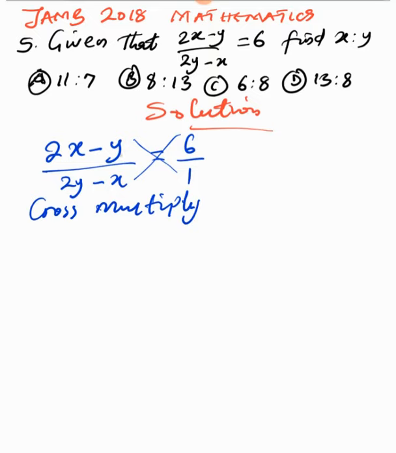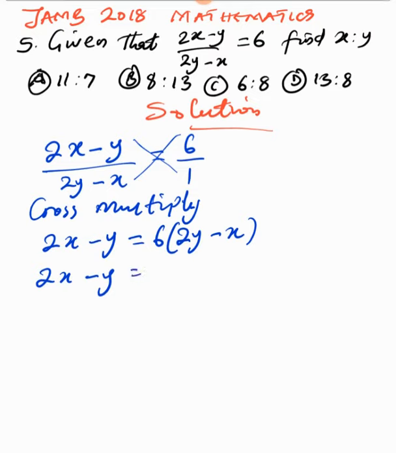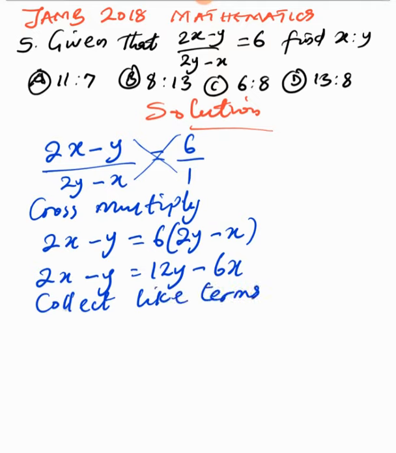So we have 2x minus y times 1 to give us 2x minus y equal to 6 times 2y minus x. So we have 2x minus y, break the bracket, we expand. 6 times 2y, we have 12y. 6 times negative x, we have negative 6x. So let's collect the like terms. We are going to have 2x, negative 6x is going to come to the left hand side here to have positive 6x